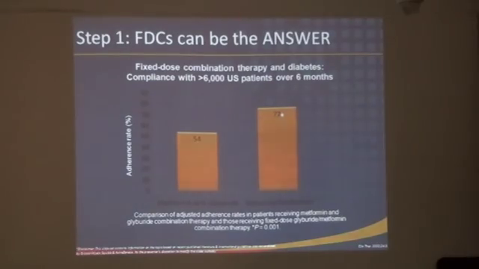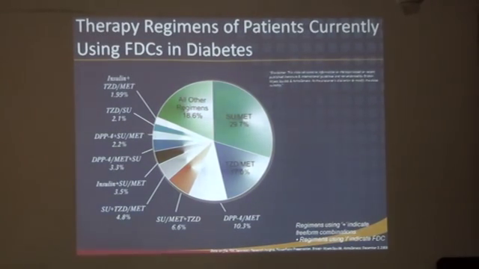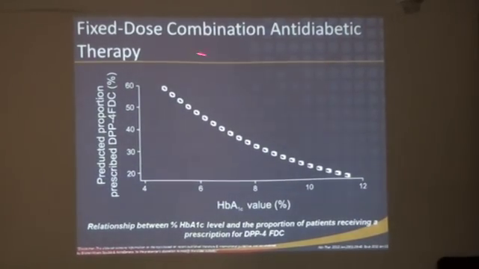So what is the solution? What can be done? One of the options is using a fixed dose combination. Okay? So if you have a fixed dose combination of glyburide, which is used in foreign countries, and metformin, the adherence rate is only about half. But if you have glimepiride and metformin, the adherence rate for a fixed dose combination of the same drugs was much higher than when you use the two drugs separately. And different drugs are now available in combinations, and the fixed dose therapy in anti-diabetic